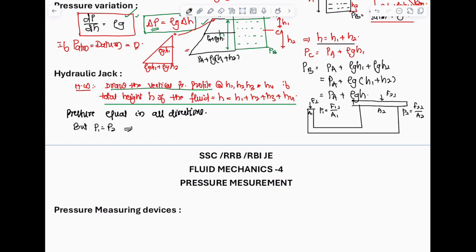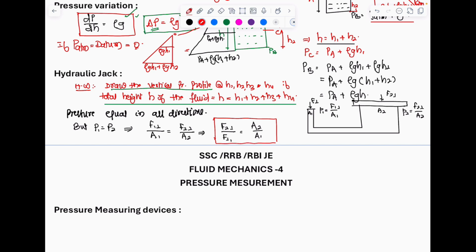That implies F1 by A1 is equal to F2 by A2, which implies F2 by F1 is equal to A2 by A1. On the basis of this principle, the hydraulic jack works and a force applied